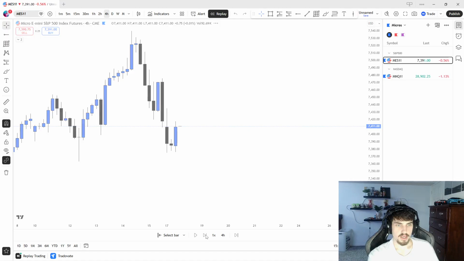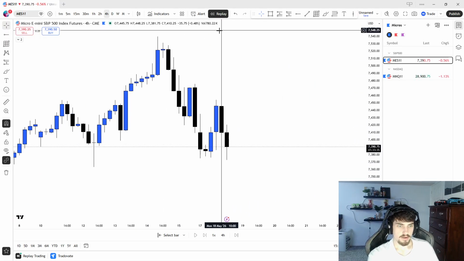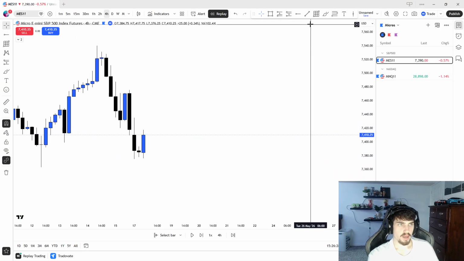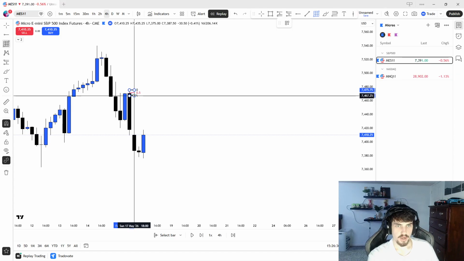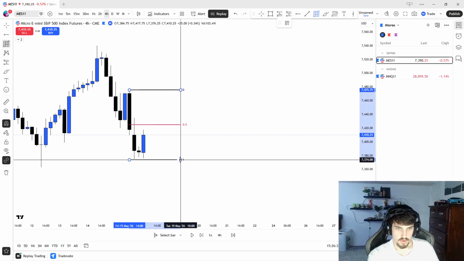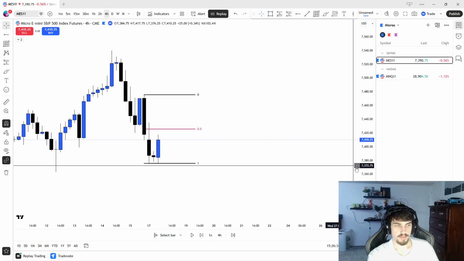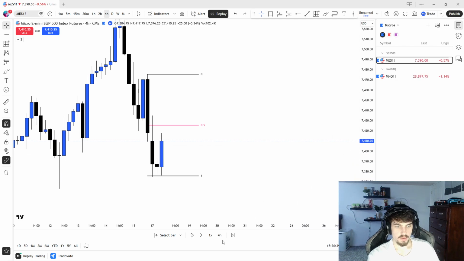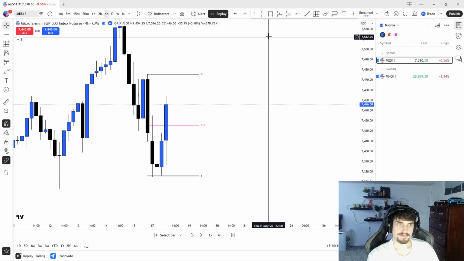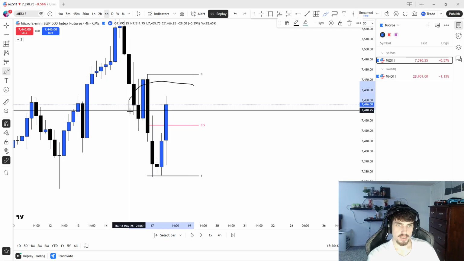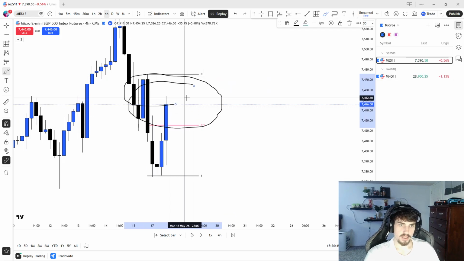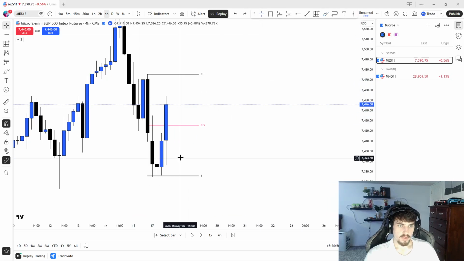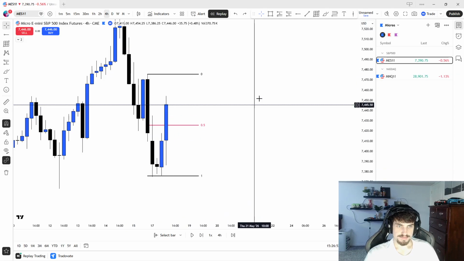But if I play price out a little bit, right like here, if I select a bar, boom, can we draw equilibrium from this swing high up here down to this swing low right here? Of course we can. We definitely can. What are we going to see when we play out the market? Boom. What are we in now? We are in a discounted price range. We're in this range from 0 to 0.5,